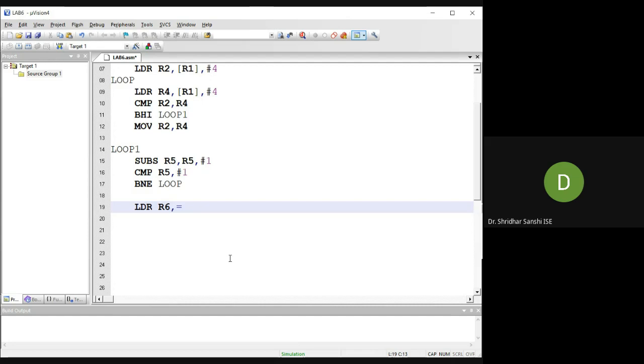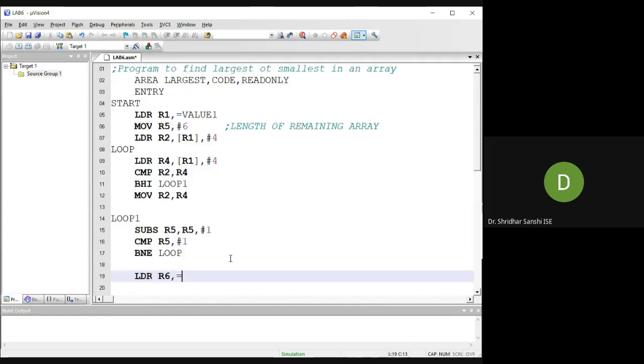So what I defined, result, and I will store that value to this particular location. R2 will be having the largest element, so I'll put that largest element into that location. So this is R6, my location.